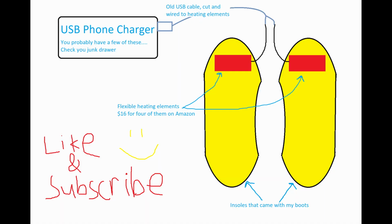Here's a schematic showing the basic premise of them. As you can see, they use a USB phone charger, like what you'd use to recharge a dead cell phone, the existing insoles for my boots, an old USB cable, and some flexible heating elements that you can get pretty inexpensively on Amazon. In the remainder of the video, I explain some of my design process and show you how